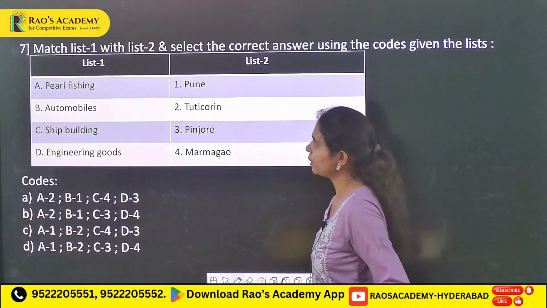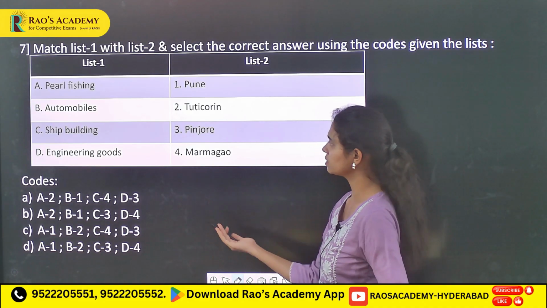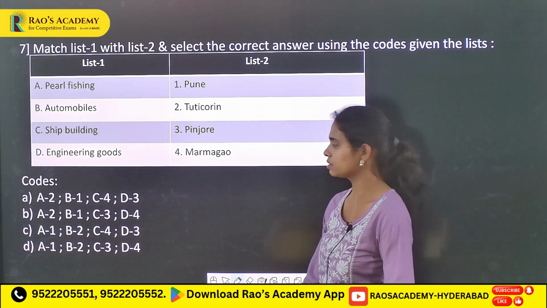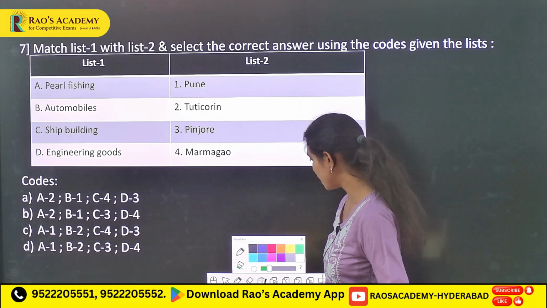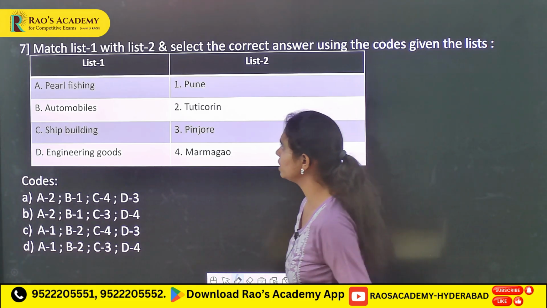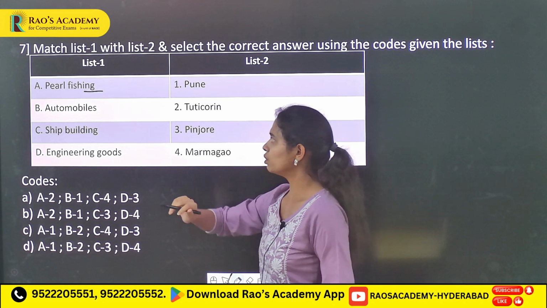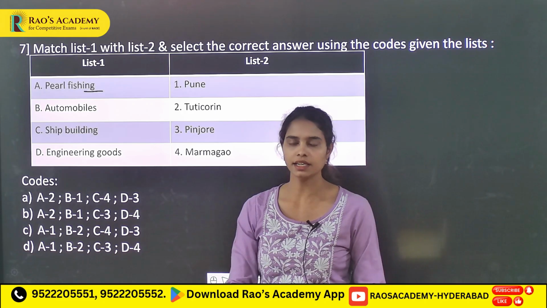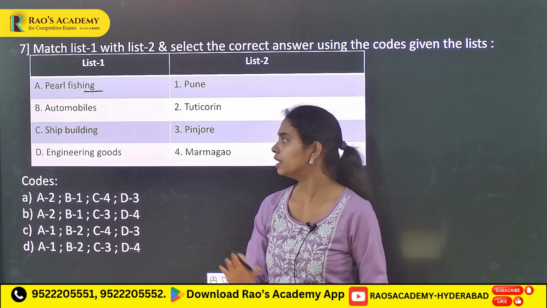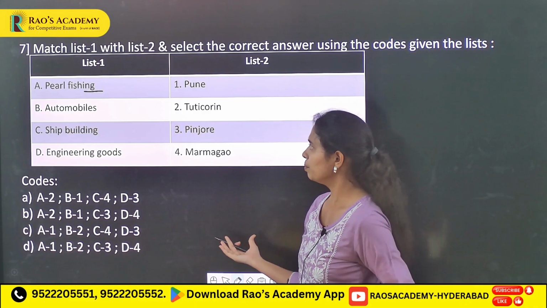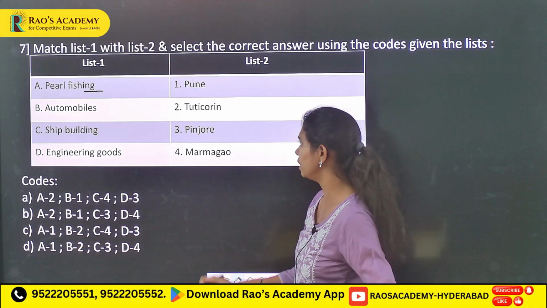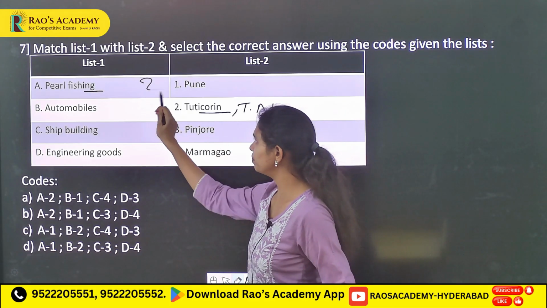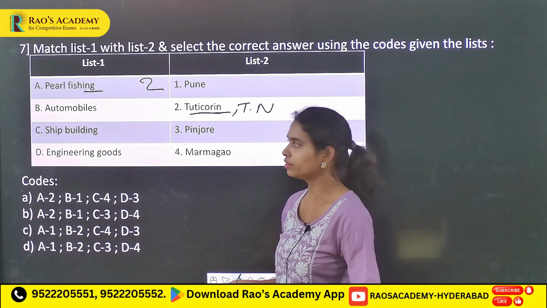Then followed by, here it has given on one side the different products and on the other side different industrial centers, and it has asked to match these two. So in the case of pearl fishing, usually in India you will get to see a lot of pearls in the Gulf of Mannar. A huge amount of pearls will be observed in the Gulf of Mannar of Tamil Nadu, and it has been located in Tuticorin. So pearl fishing will be observed in Tuticorin of Tamil Nadu, followed by